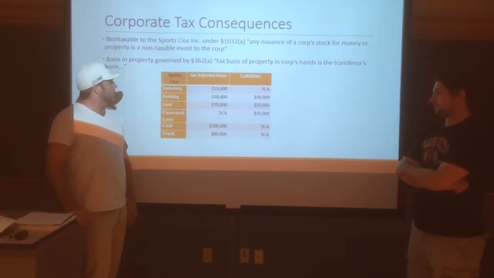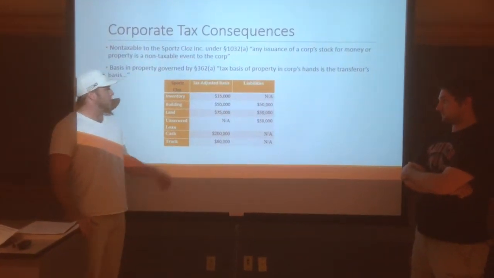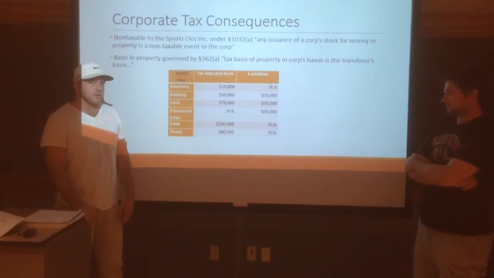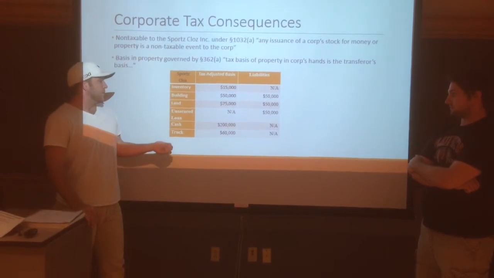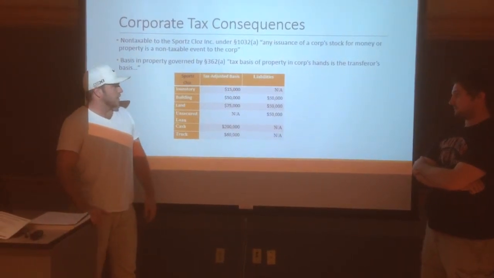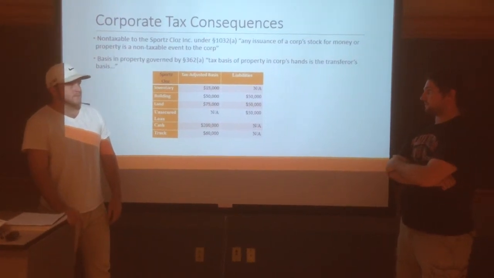And we showed out for you here the basis of all of the contributed properties: inventory 15,000, building 50,000, land 75,000 from Tony, and then from Victor the cash for 200,000, the truck for 60,000. All right. So